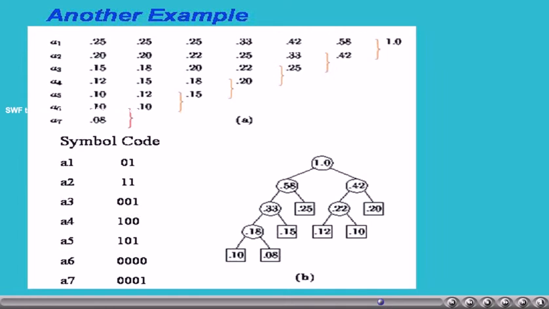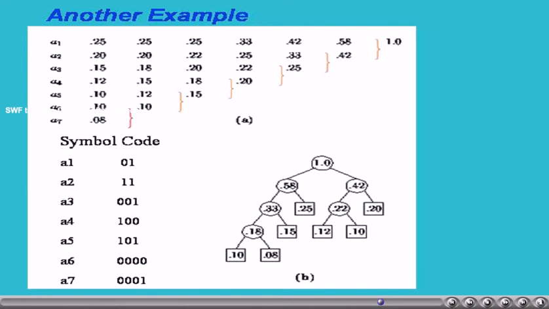Out of them, the two smallest ones, that is 0.18 and 0.15, are added. The result is 0.33. Again sorted. This is repeated and the respective tree formation is shown.